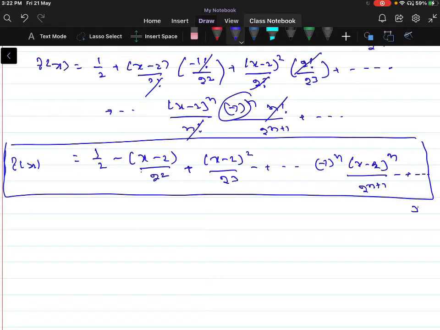call equation 3. Equation 3 is a Taylor series generated by the function f of x is equal to 1 by x. So it is an infinite series. You have to see whether this series is convergent or not. If the series is convergent, where it converges, that is, for which values of x the series is convergent. If it is a convergent series, then you have to find the sum of this series. So this series